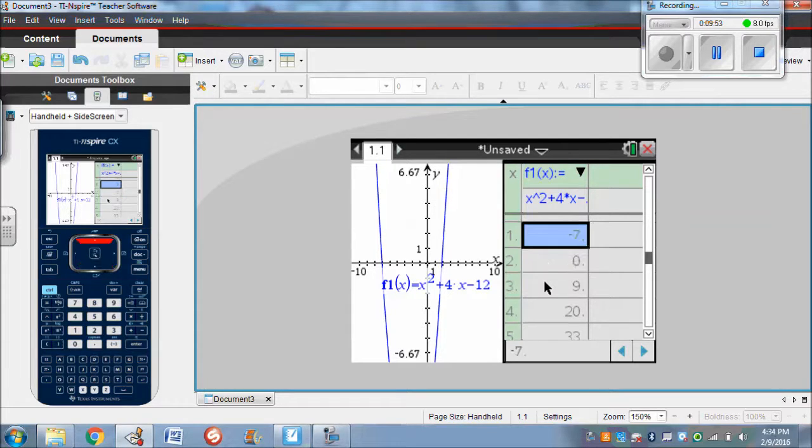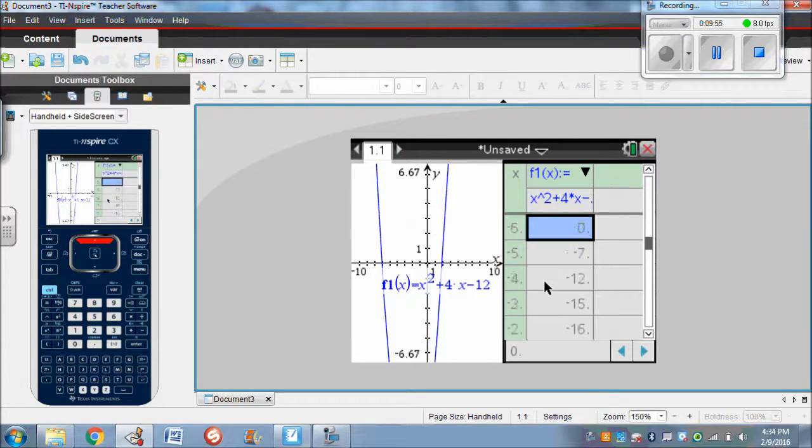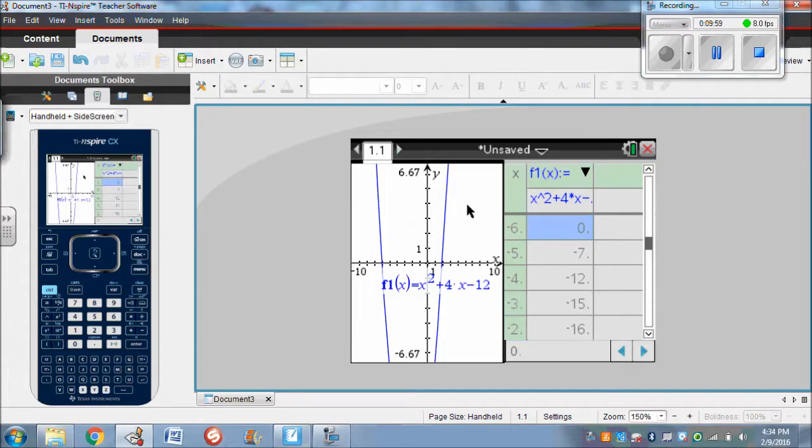And let's back it up and see if negative 6 is a solution, negative 6, 0. That is also a solution. One other trick